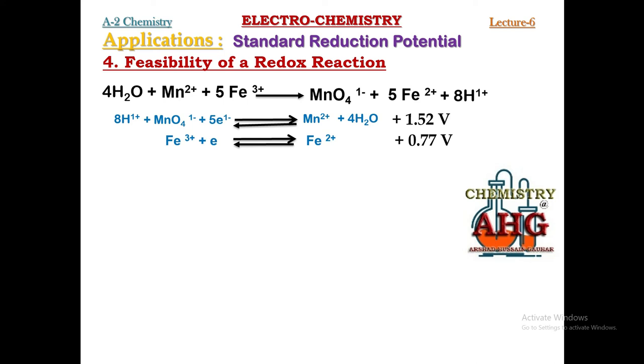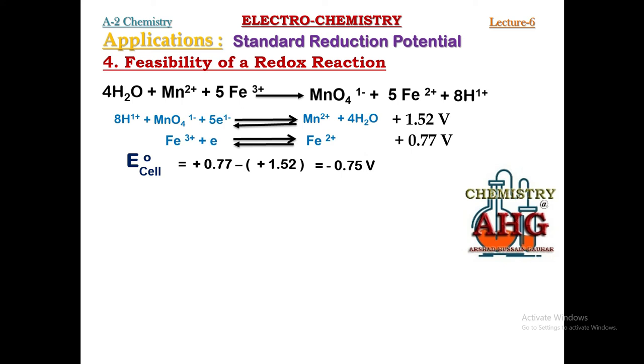So keeping in mind the chemical reaction equation of the question, you will use the formula, and you will take which half cell as cathode? The iron half cell. So you will use the iron half cell as cathode and the MnO4⁻ half cell as anode. So what will be the answer for your cell potential? Cathode minus anode, you will get the answer negative 0.75 volt.